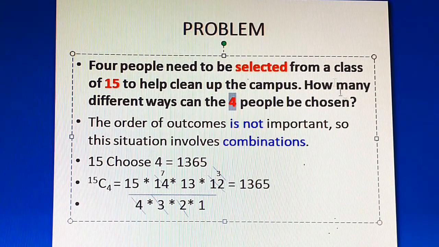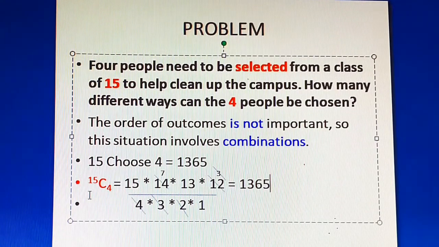So for that we'll apply the formula nCr. From 15 people, you're going to select 4. So it can be done in how many ways? 15C4 ways. Okay students, combination is always related with selection. Here n is 15, r is 4. So for 15C4, you can use the calculator and directly get 1365, or you can use the manual calculations.